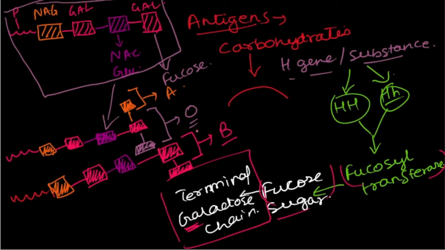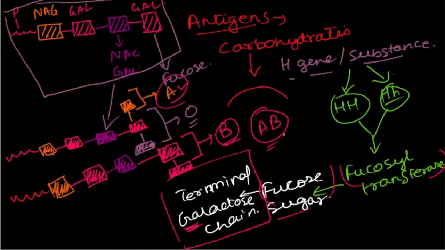And if an individual carries the components related to A and the components related to B, then those individuals are called to have AB blood group. They are known to carry the AB blood group because they have the component of the A chain as well as the component of the B chain, or the A antigen as well as the B antigen.